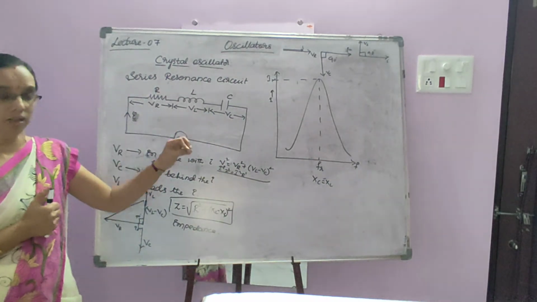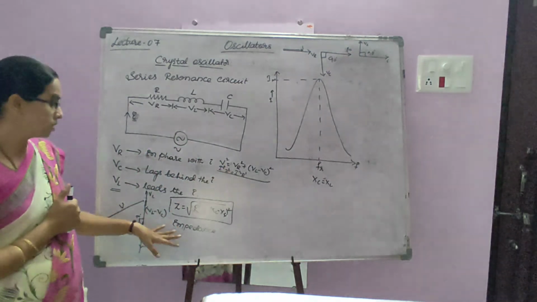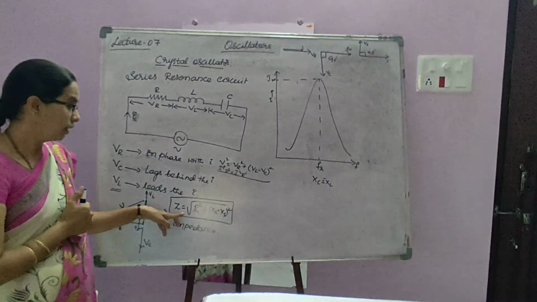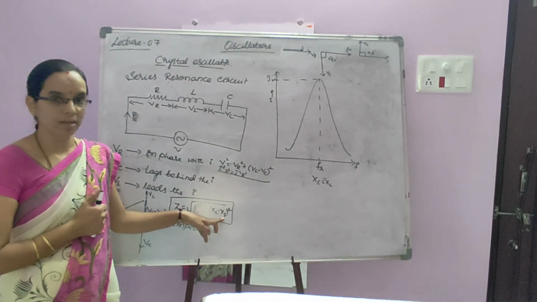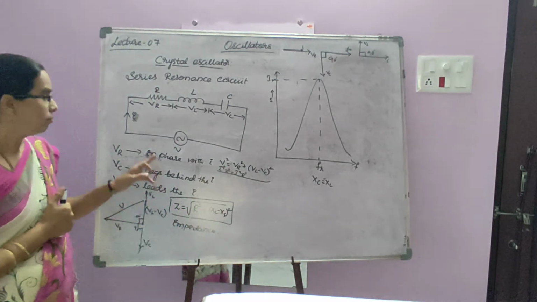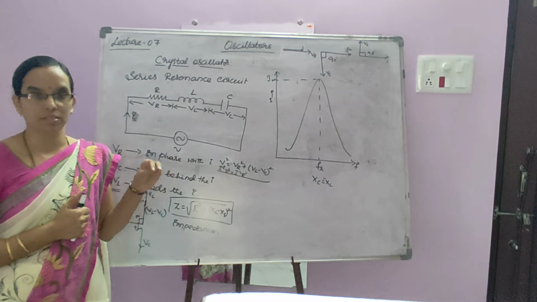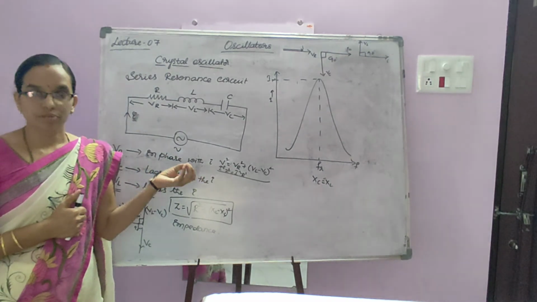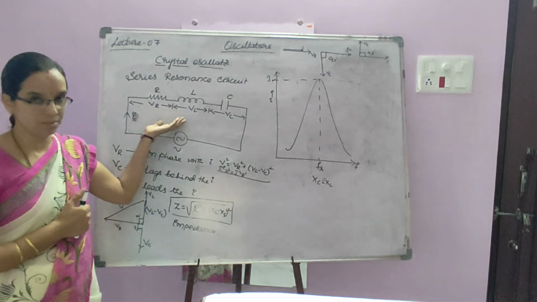So the total opposition offered by the resistance, inductor and capacitor is the impedance. That impedance is represented as Z, and it is equal to the root of R square plus XL minus XC whole square. Whenever an AC voltage of some frequencies, not just one frequency, is applied to this,